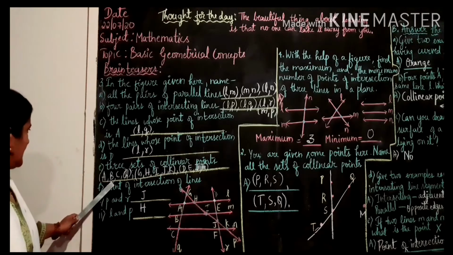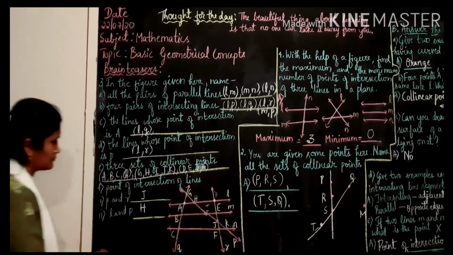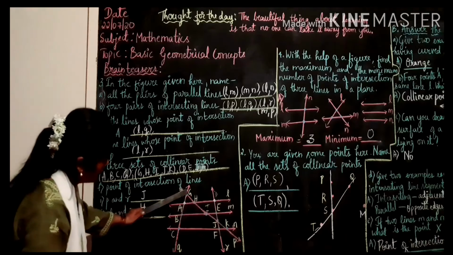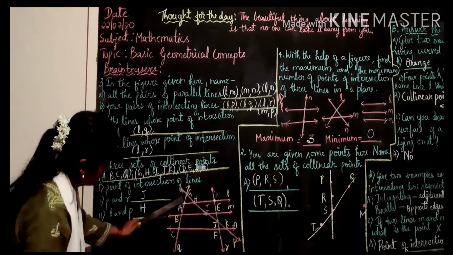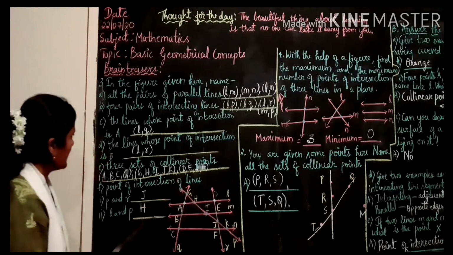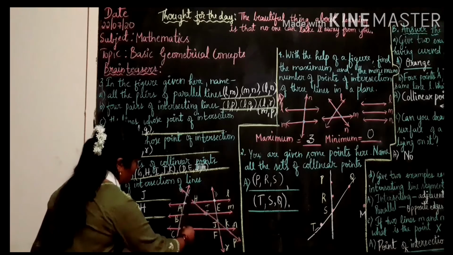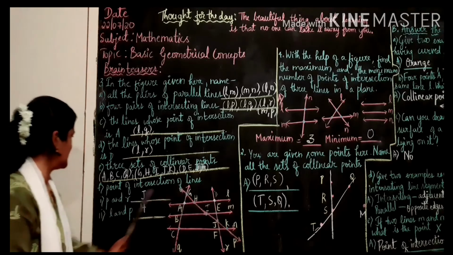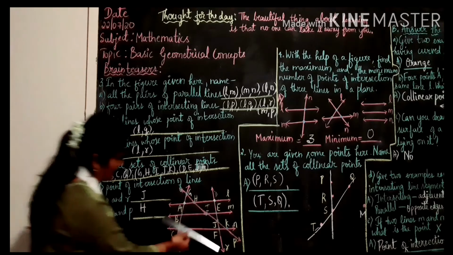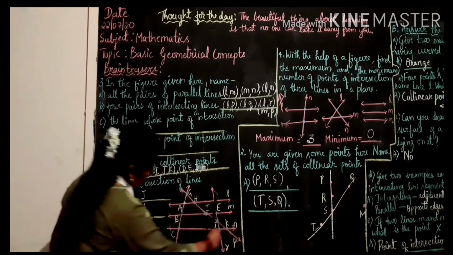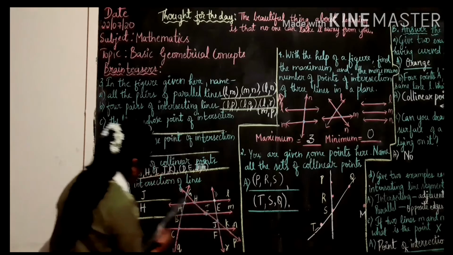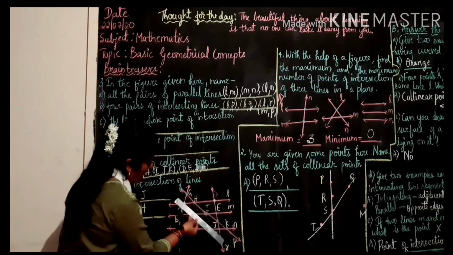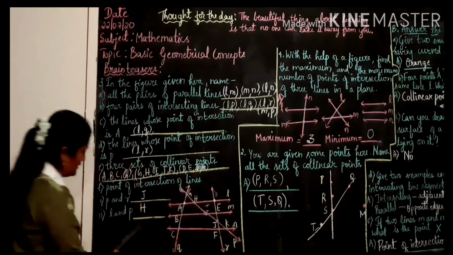Then 3 sets of collinear points. One of the sets is A, B, C, G. Children, you can observe in line Q there are 4 points which are collinear, that is A, B, C, G, considered as collinear points. Then you have point of intersection of lines P and R. Line P and line R are intersecting at point J, and line L and line P are intersecting at point H.